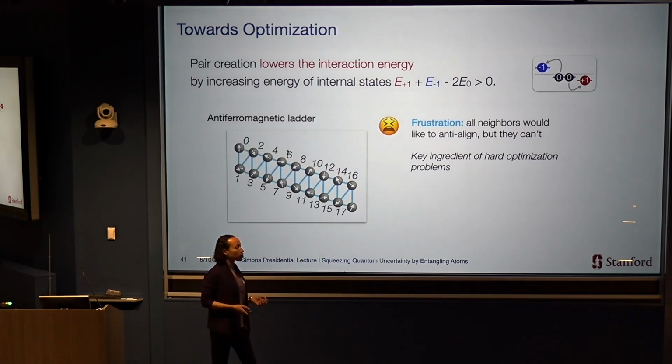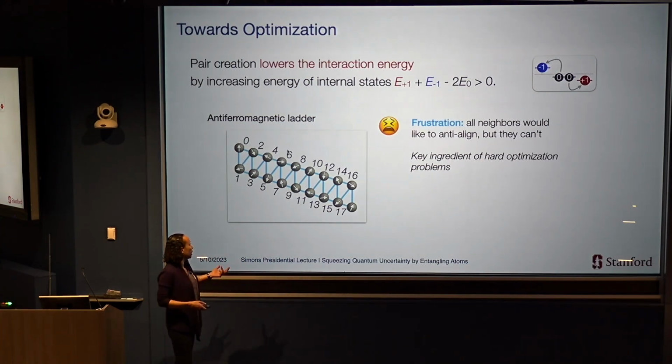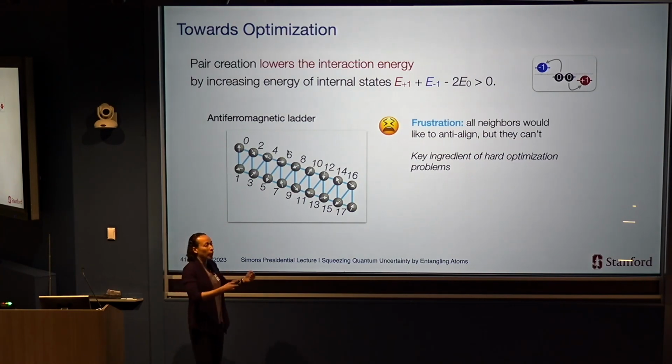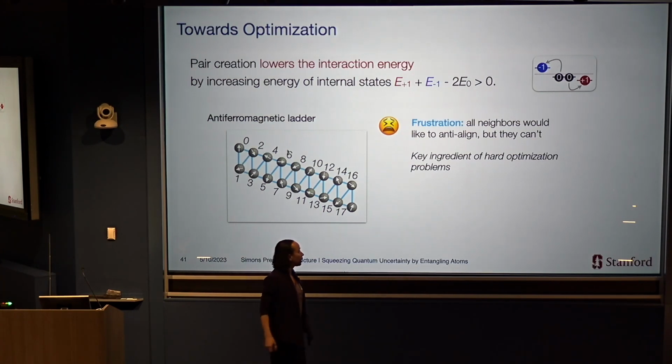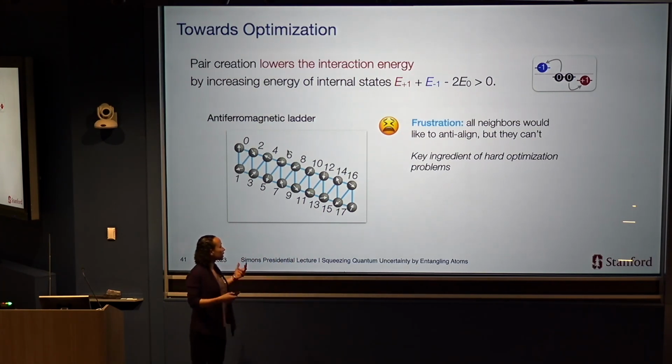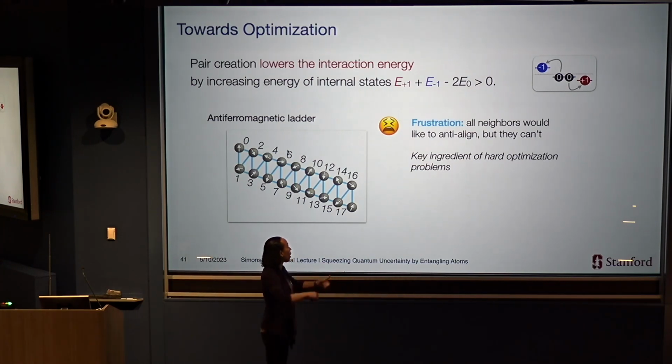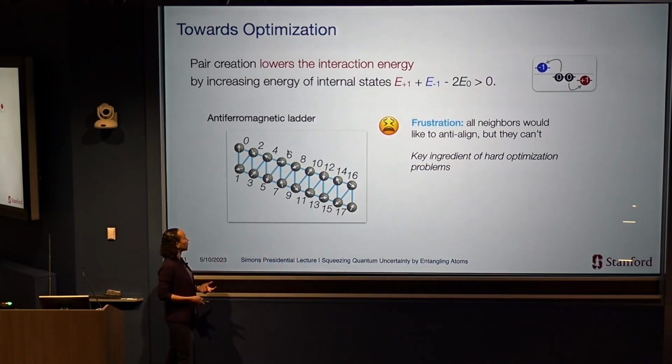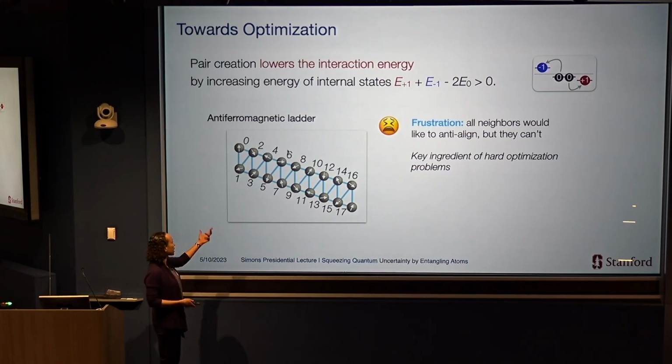But it turns out that the system can lower its interaction energy, even though the energy in the internal states is going up. And so you can ask, let's say I build some graph of interactions where every spin wants to anti-align with every other spin on some triangular lattice like this. This is a simple example of what we might call frustration. The neighbors would like to point opposite to each other, but of course they can't all point perfectly opposite to each other. The best they can do in this case is to orient themselves at 120-degree angles.